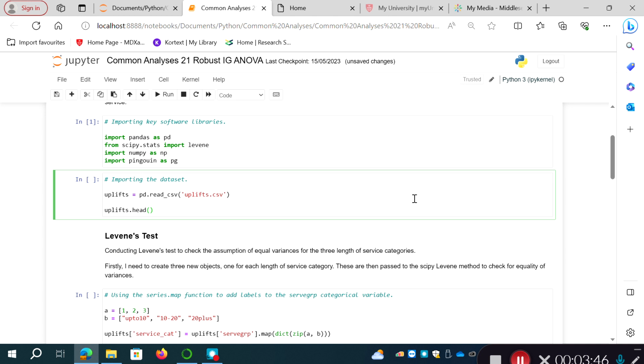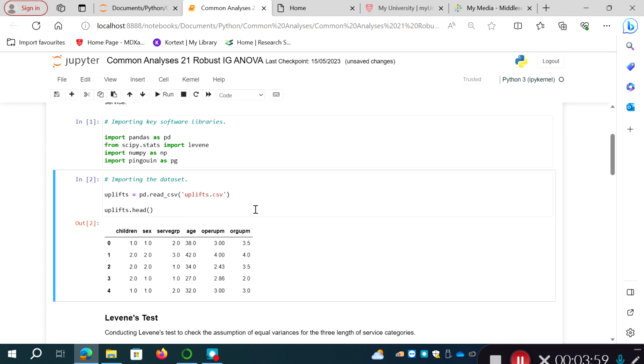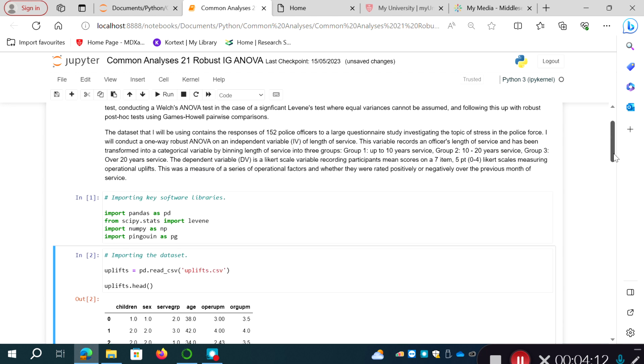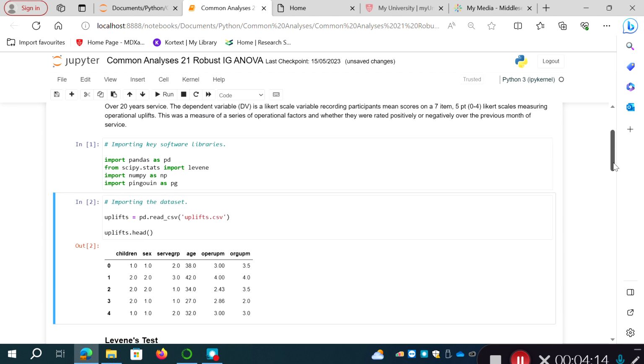So the data set I'm going to import, I'm going to call it uplifts because that's the name I've got it saved as on my laptop as a CSV file. I'm going to import it using the pandas read_csv method, and let's print out the first 5 lines. And you can see we've got a number of variables: whether the participant has children, their sex, these are all numerically coded, service group 1, 2, and 3. So remember, 1 was up to 10 years, 2 was 10 to 20 years, 3 was more than 20 years,